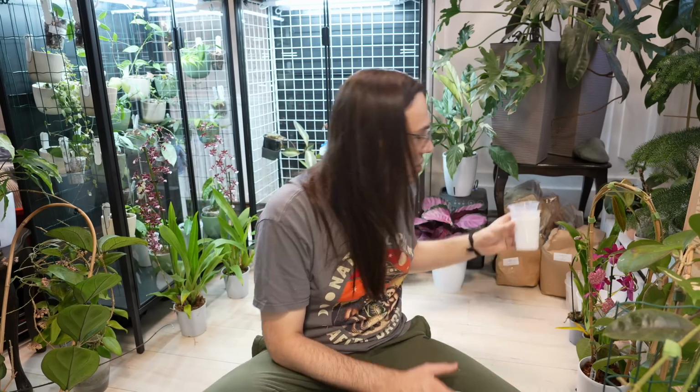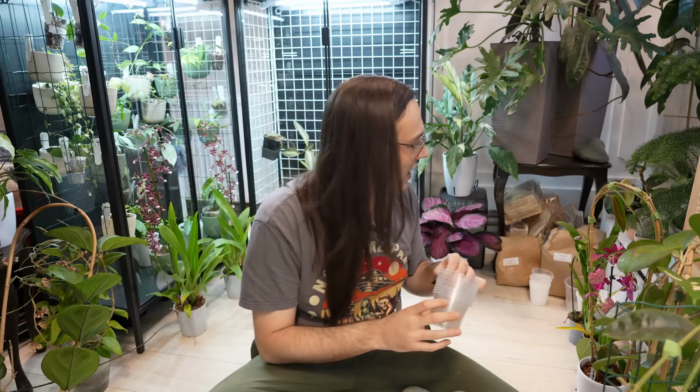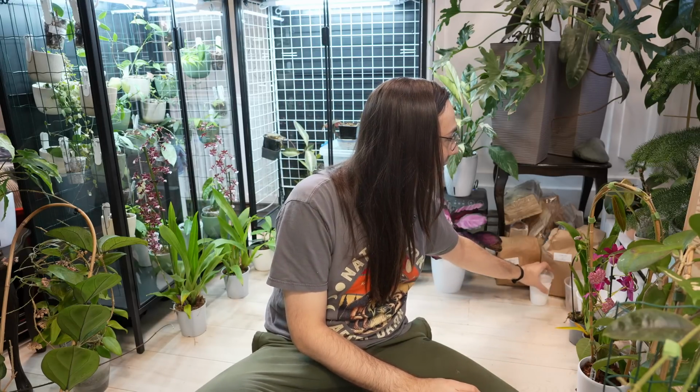Now, I was hoping to put them in the pots from Susie, but I think I used up all of those pots. I only left 2 small ones, and these are way too small for that plant. So we will probably just use these from Temu for that. But to be quite honest, I have not made an exact strategy or plan. We will just take it as we go because I cannot bring everything here. I'm surrounded by plants. There is very little space here. So let's just begin,